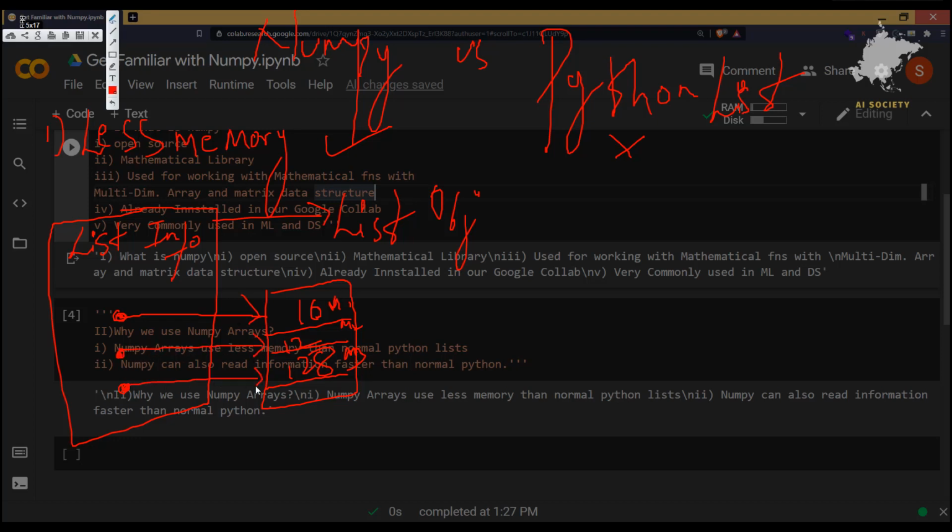If I add one more element, let's say 257, then again it will point towards it. So all the elements in the list are pointers pointing towards the memory of that particular element.